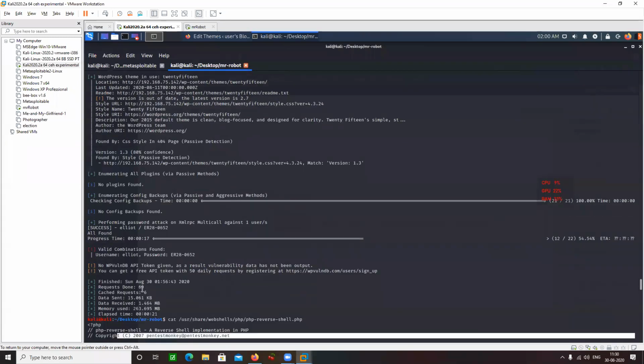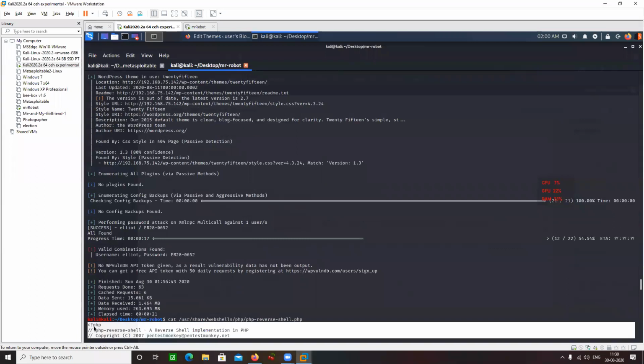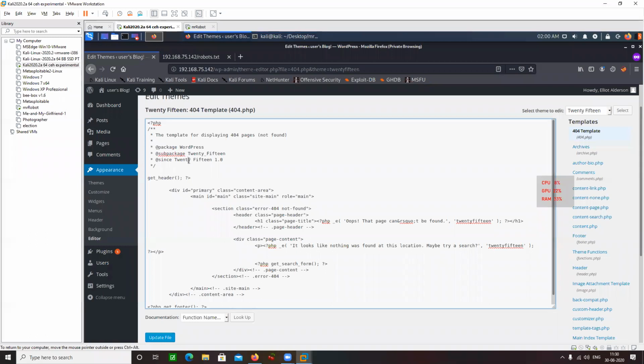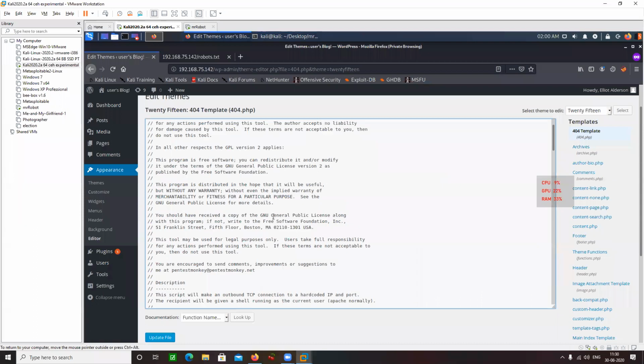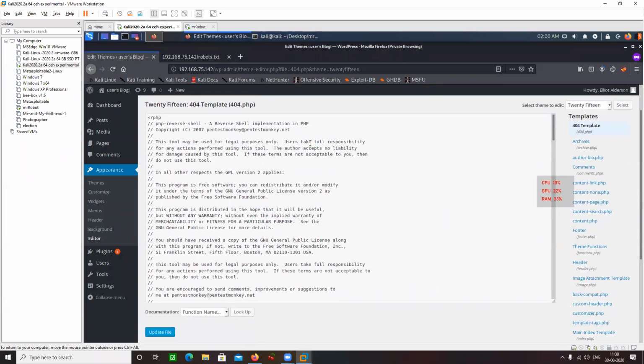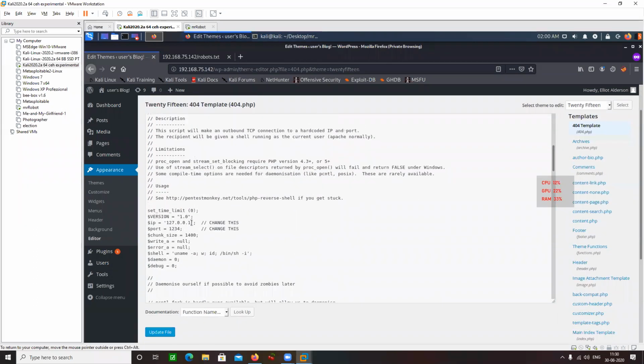Just copy it and paste it here. I pasted my reverse shell code in the 404.php. Modify my IP address here, that is 192.168.75.135. That is my attacker IP address, basically your LHOST IP address.